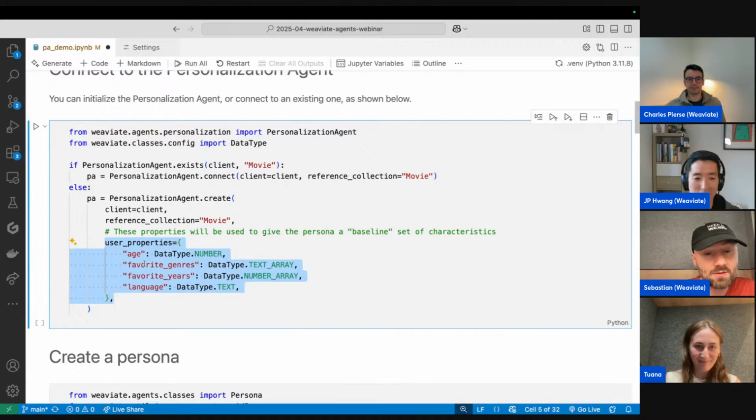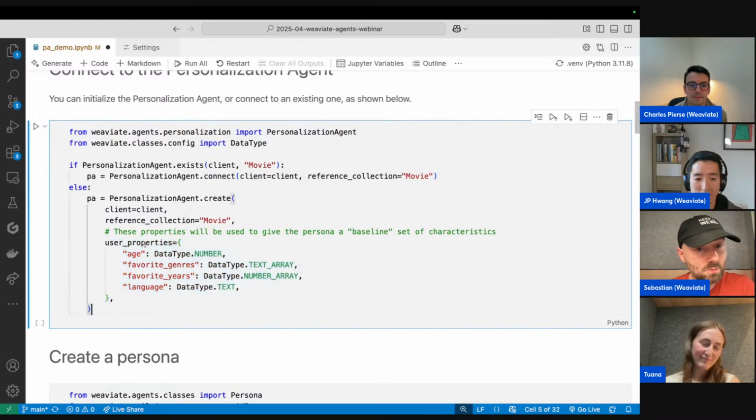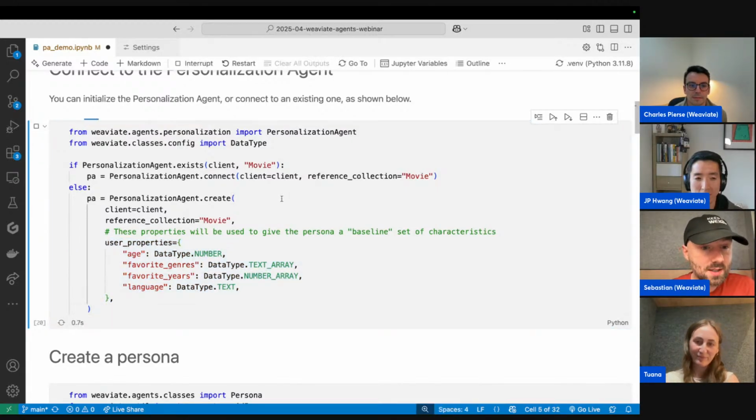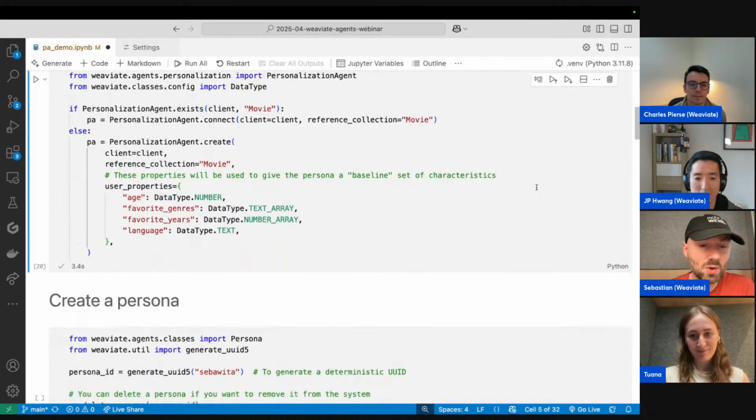So maybe things like what's their age, what are their favorite genres, what are their favorite years for the movies that were released, and maybe even what languages they want to watch movies in. Once we do this, it creates a brand new agent for us, which then allows us to do more cool stuff with it.